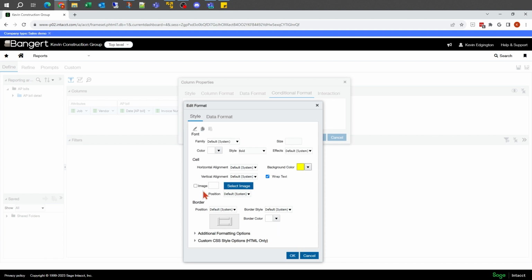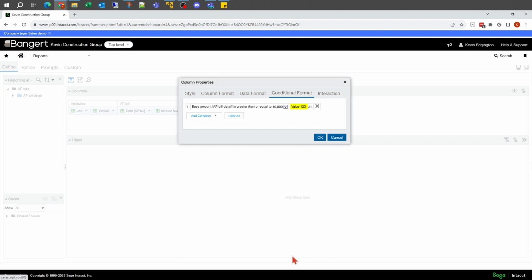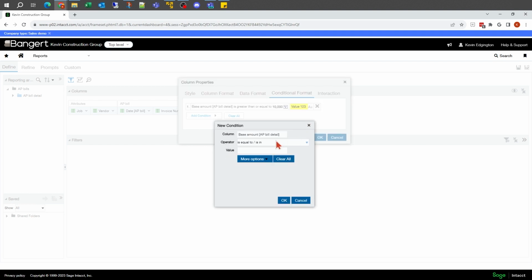I could change kind of the borders on it if I wanted to, some of those types of things. I'm not going to worry about too much of that in this first case. I'm going to say, okay, accept it. I'm going to add another condition. So I'm going to pick the invoice amount again. And let's say if it's greater than or equal to